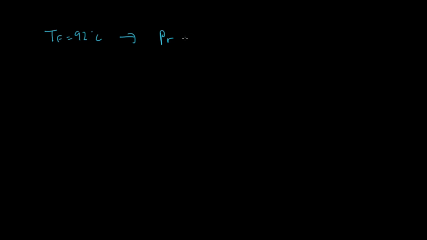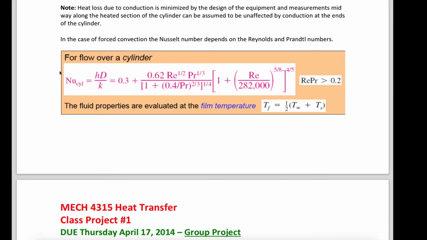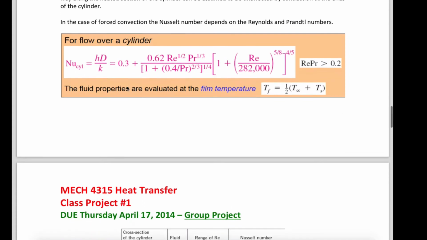Prandtl number of 0.7128. That is our Prandtl number. And also note that I use the same film temperature in the same air property table, so this is also an interpolated value. Alright, so let's go back and grab our equation, which is over here,